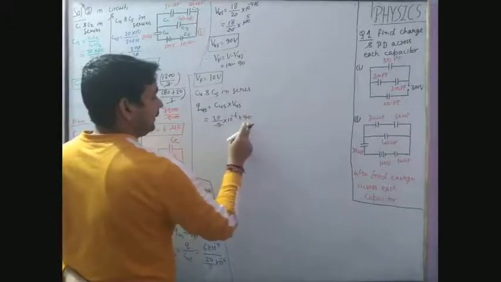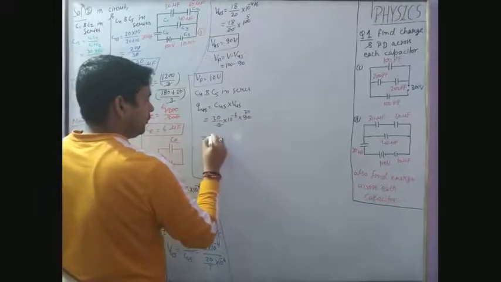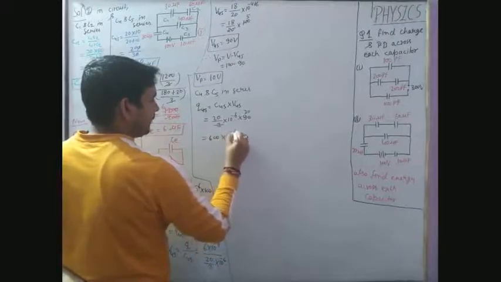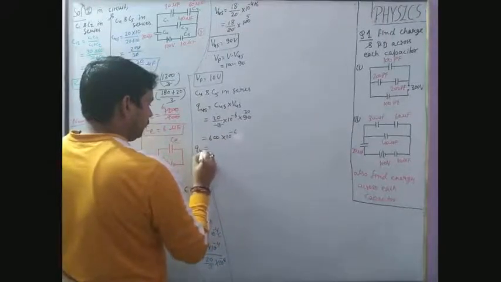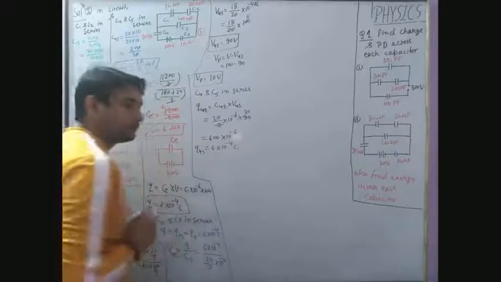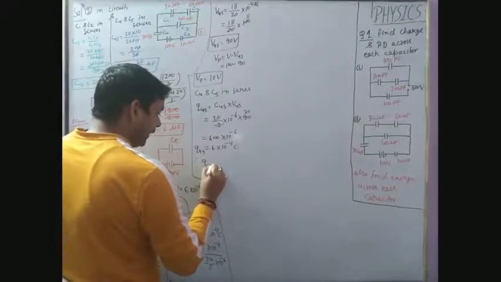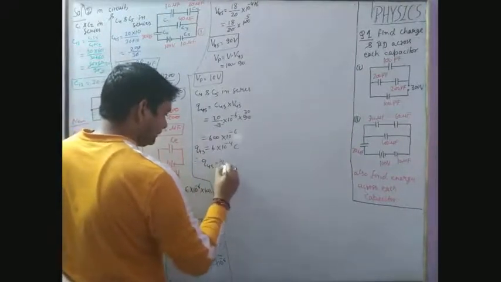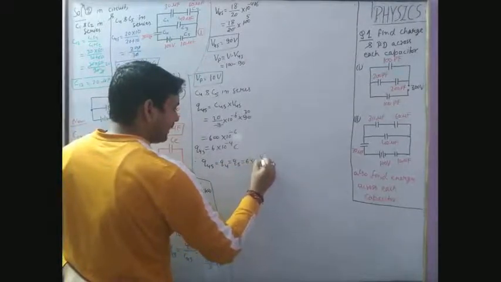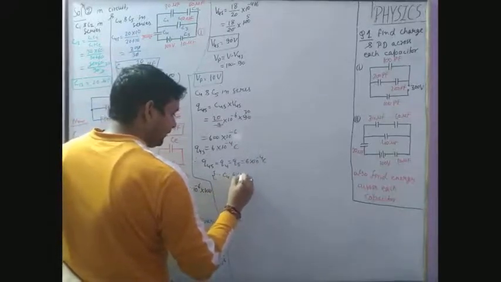This you will cancel, and by 30 times this is equal to 600 into 10 to the power minus 6, that is Q45 is equal to 6 into 10 to the power minus 4 coulomb, okay. Therefore Q45 equal to Q4 equal to Q5 equal to 6 into 10 to the power minus 4 coulomb, because C4 and C5 in